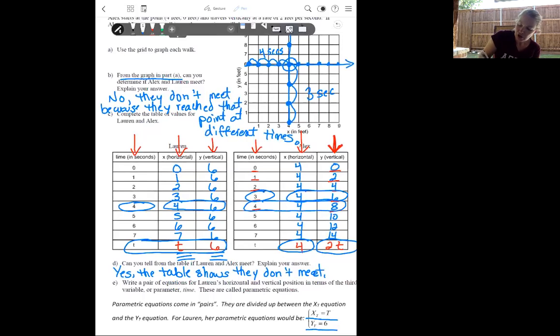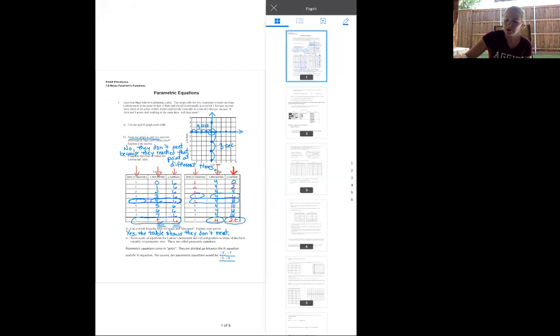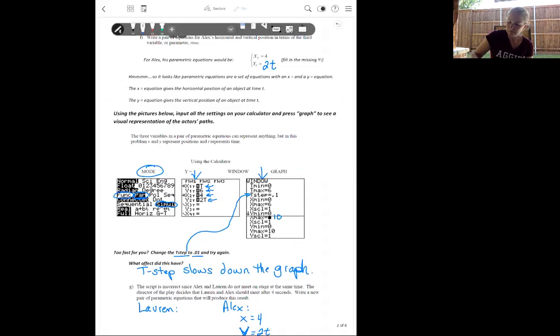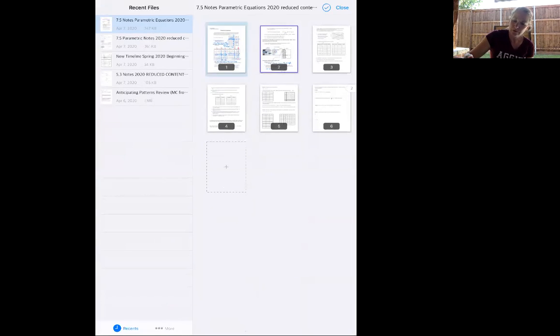So what do I need to change on Lauren for her to be at 4, 8? Well, the X value is where we want it. So that's T. But the Y value, do we want it to be 6? No. What do we want the Y value to be? 8. So what we're going to do is for Lauren,